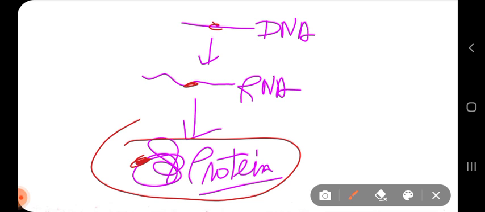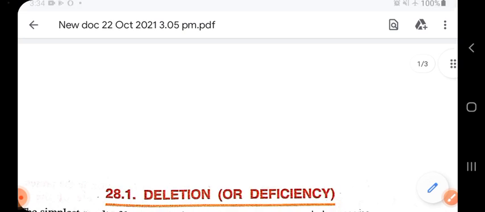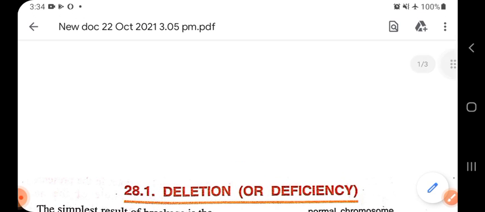But a recessive lethal will only cause a problem if it is present in homozygous form, because, as I mentioned a little while ago, recessive alleles only express themselves when they are present at the same gene locus on both chromosomes of the homologous pair. So a recessive allele will not pose a problem if it is present on only one chromosome, but due to homozygosity it can cause a fatal effect. So this was about the lethal alleles.